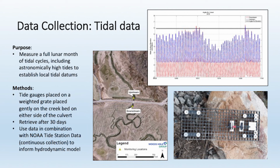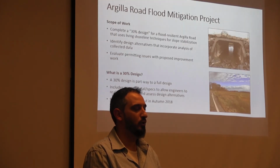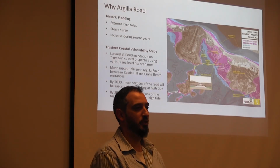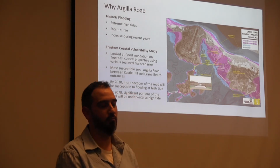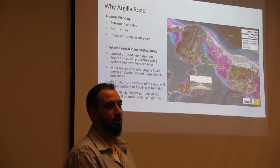And I think you said the project's not intended to mitigate against the biggest, baddest storms. It's intended to mitigate against nuisance flooding. Exactly. It's just neither this project or Jeffrey's Neck is going to resolve any storm flooding. The storm surge is so high over these roads that it's not possible to build anything high enough to withstand those flooding conditions. But like they said, we are trying to limit the